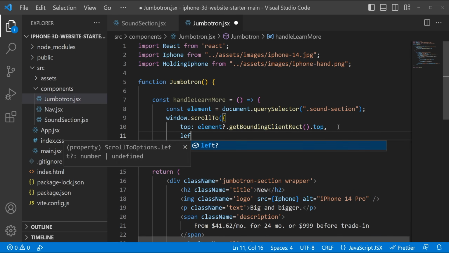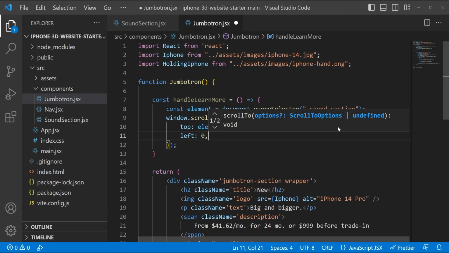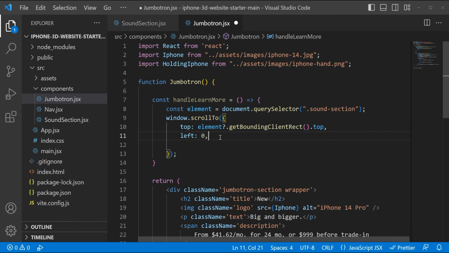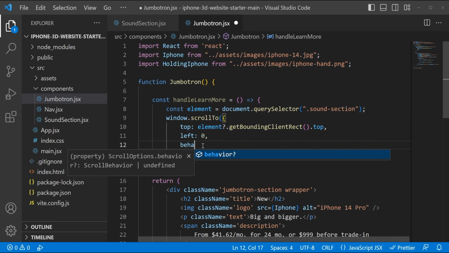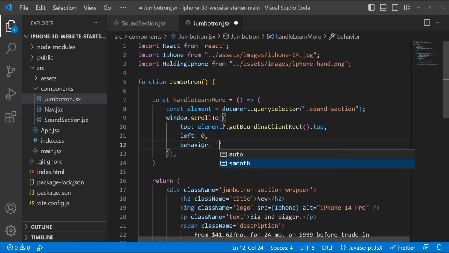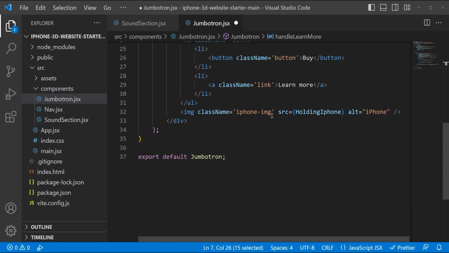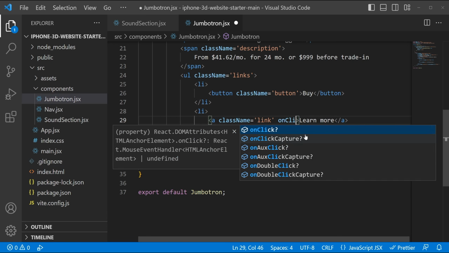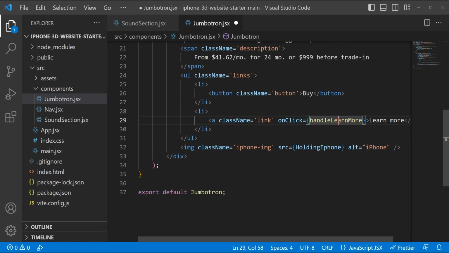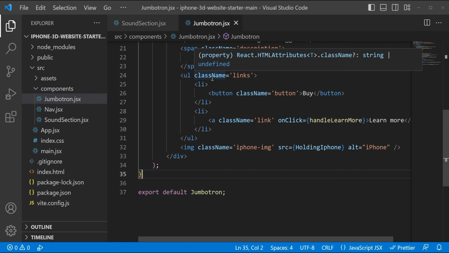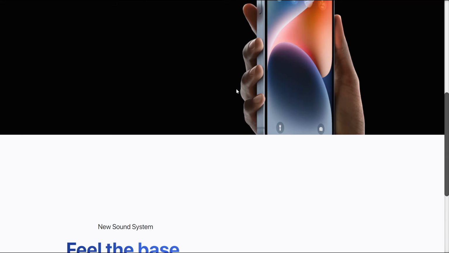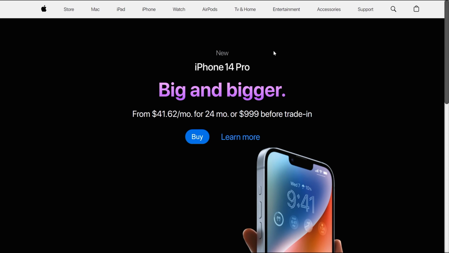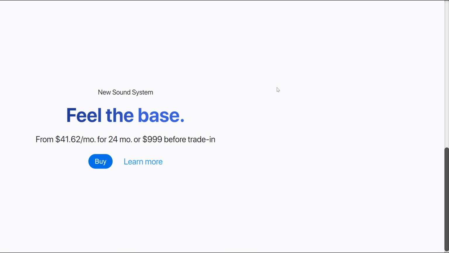The next property is the left. We want to set the left to 0, as we don't need any horizontal scrolling. And the last property is behavior, which we are going to set to smooth, so that we have smooth scrolling. So let's use this method that we just created, or rather function. And here on the learn more, let's add an onClick method. And let's pass this function. And now let's try this. Let's scroll up to the jumbotron section, and once we click on the learn more, boom, we get scrolled down